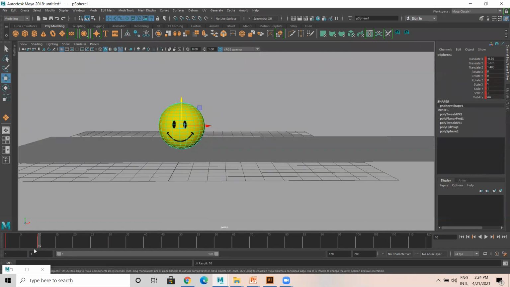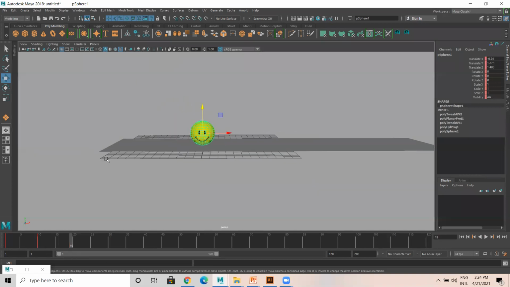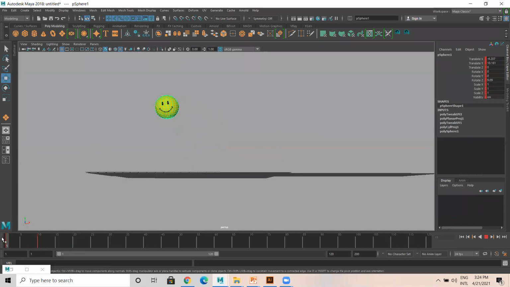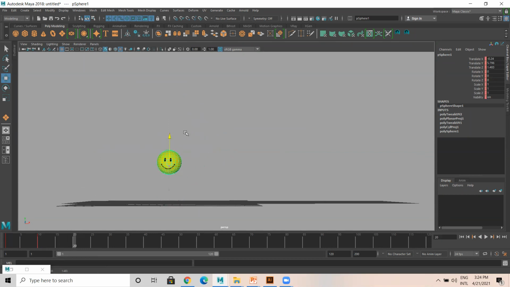Set key. It's like from frame 1 to 10 he is here. Then 10 to 20 he just goes here. Little bit rotation like this. 20 to 30. Again he hits the surface like this.